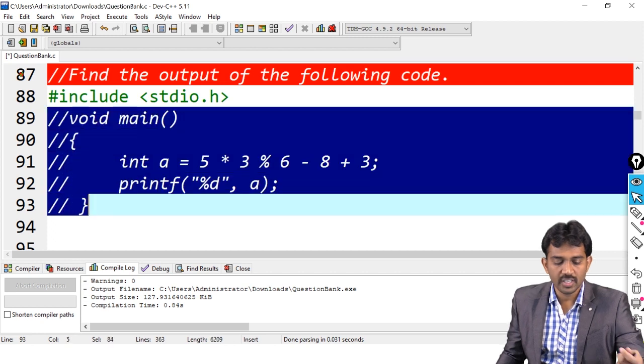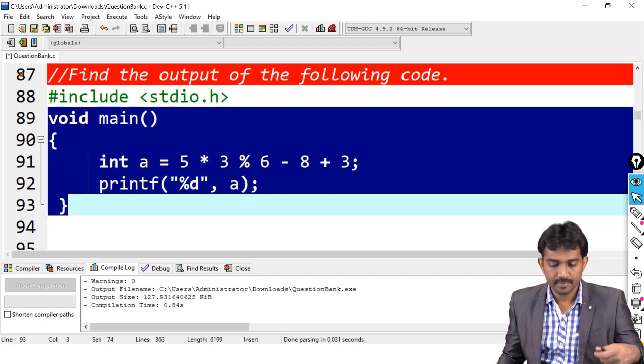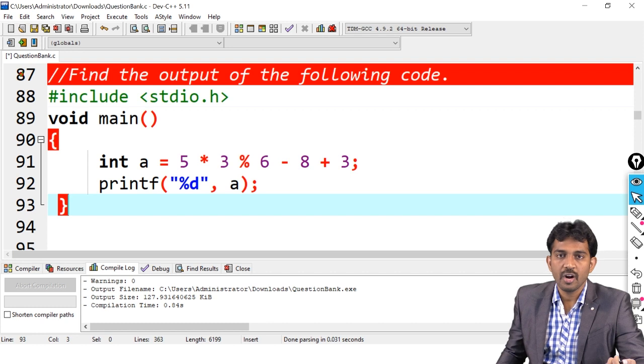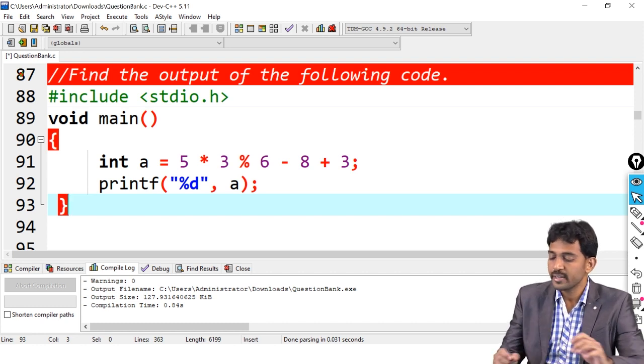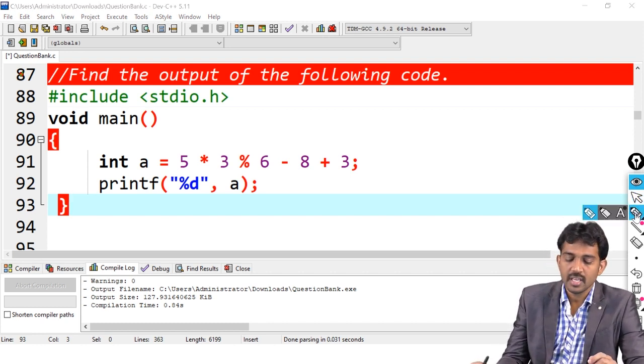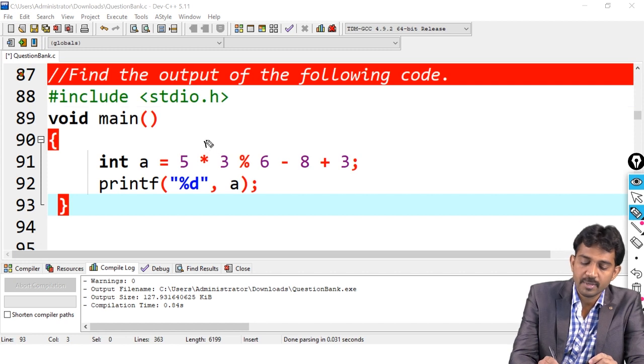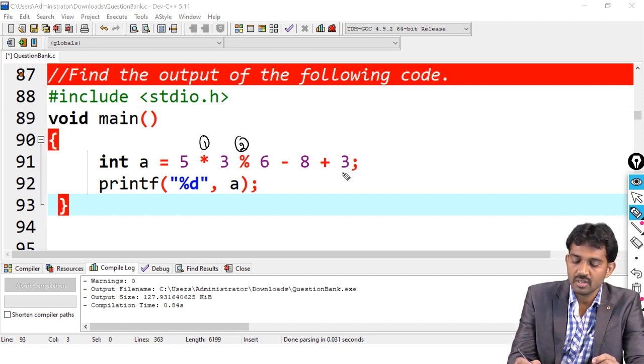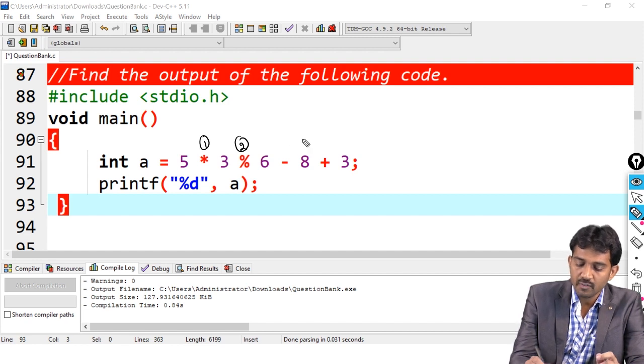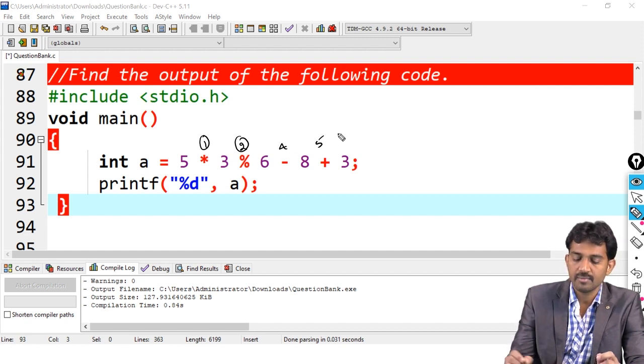So what is the output of the given code? Already we have done this kind of expression, the same. This is the first precedence and second, and after that you will get the fourth one and fifth one.